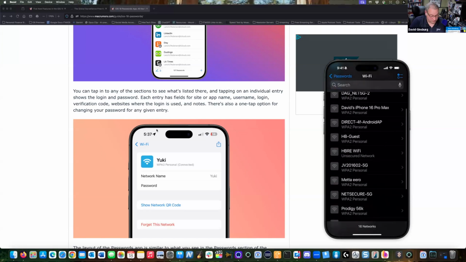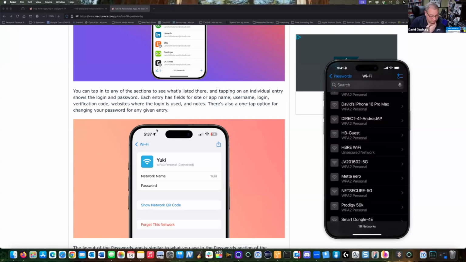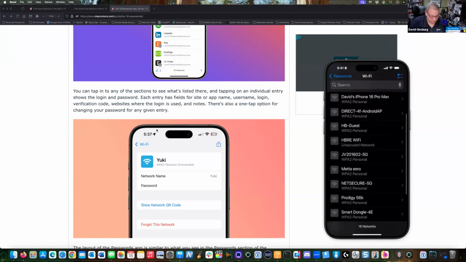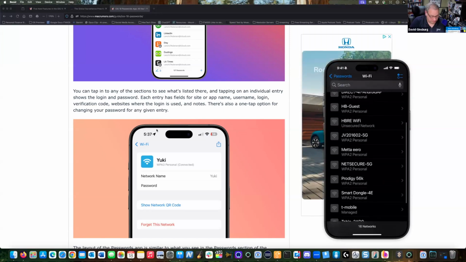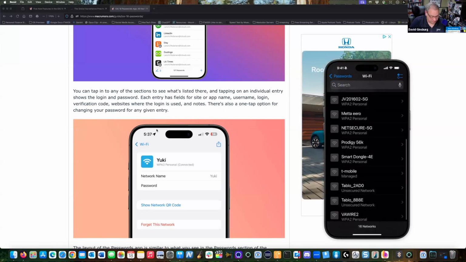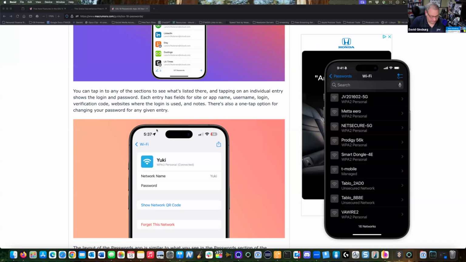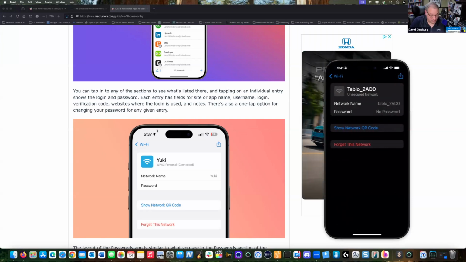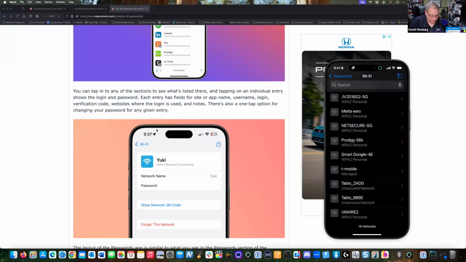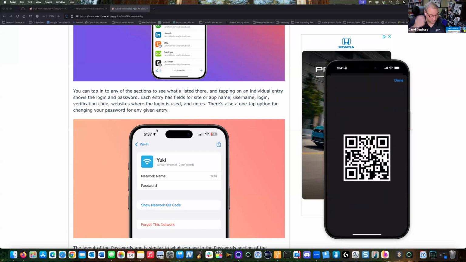So here are a couple of Wi-Fi items that are already here. I'm going to show some of the passwords that I have in here, like a password for my Tableau that I use for watching TV. All you have to do is go into the particular Wi-Fi and just tap Show QR